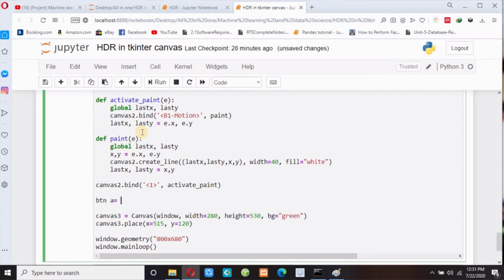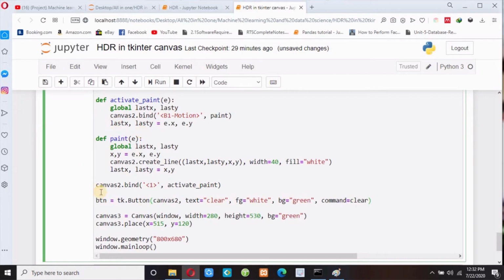So btn equals tk dot button, and I have to make the button inside the Canvas 2, and text equals clear. Suppose foreground color equals white, and background color equals suppose green, and then command equals clear.